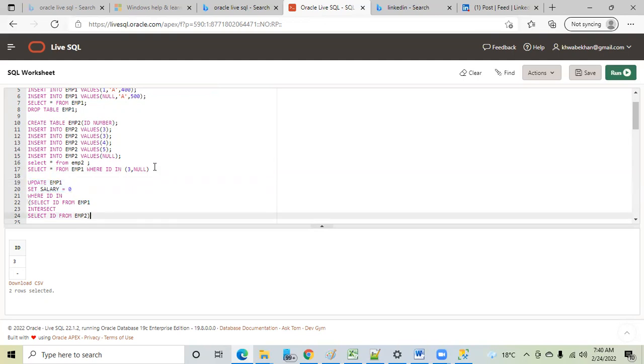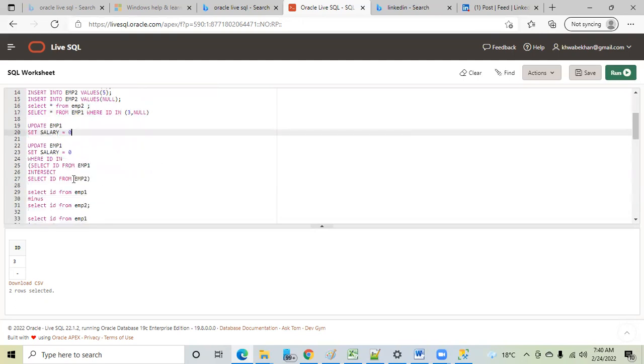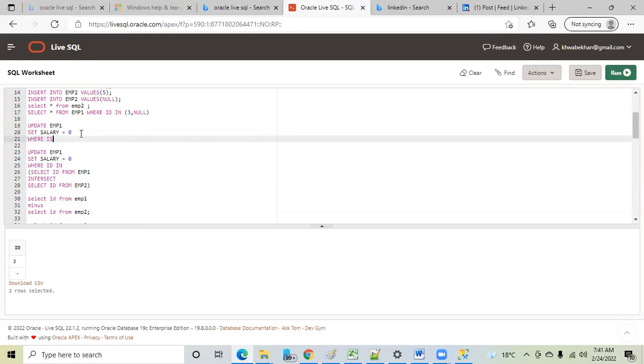Now, have I taught you anything new here? Nothing new. You know the concept of IS NULL, and you know the concept of intersect. You just have to notice what was used here, and that to catch the null records we have the syntax of IS NULL. Suppose now I write this query: update employee1 set salary equal to 0 where ID is null. Now if I execute this query,